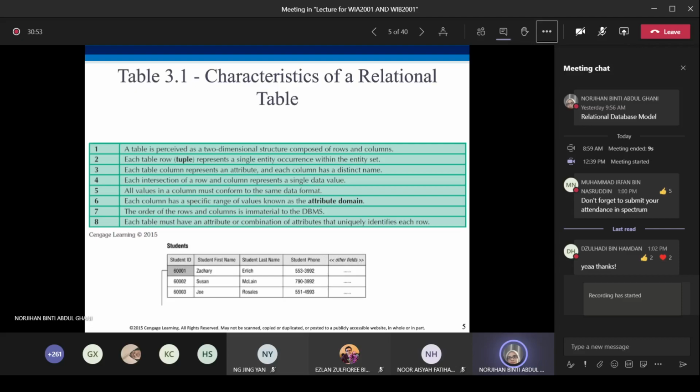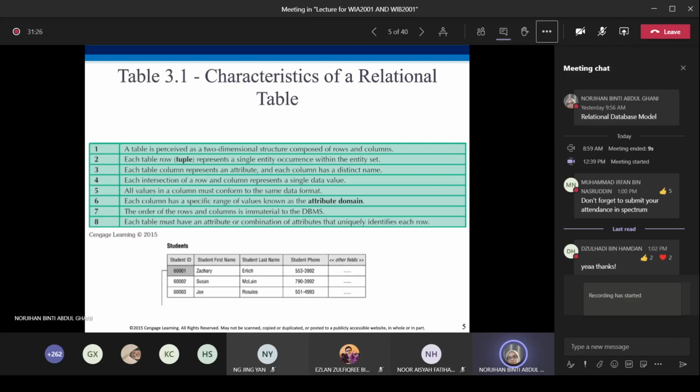A row represents a single entity occurrence within the entity set. For example, in the student table, the first row, student ID 6001, represents a single entity occurrence for one student. So each row represents an instance.